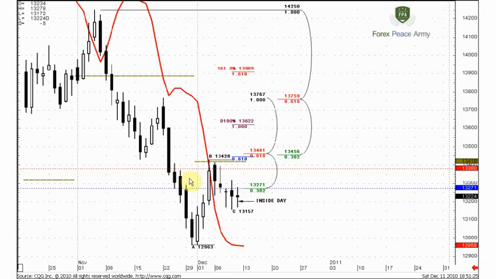Now, the blue line is the weekly pivot point, which for the coming week is 132.71 right here. The red line is the weekly pivot resistance one, 133.80. This dashed line, 134.18, is the monthly pivot point. This is the daily confidence resistance, 134.56, 134.61. So this is a strong area of resistance and agreement.